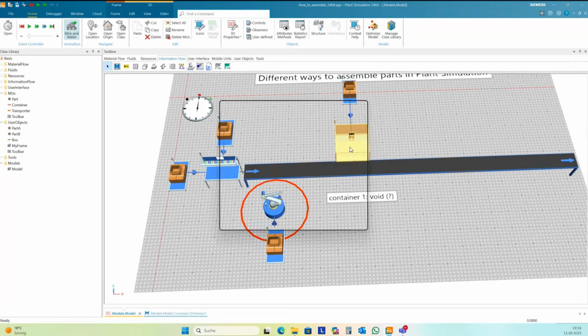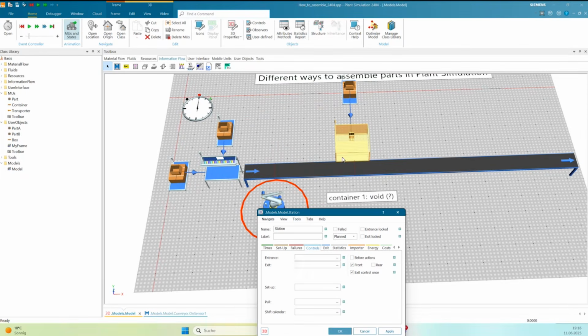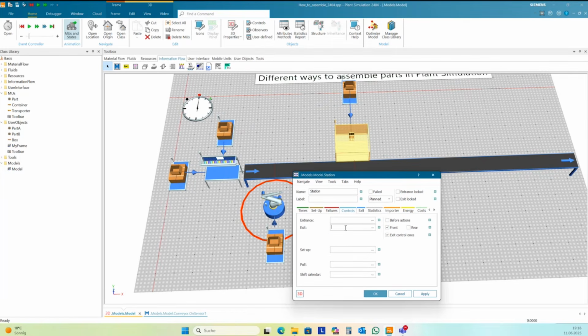So here I need exit control. It's not connected with a connector here. I don't want to let the part run over the conveyor here. And so I need exit control.